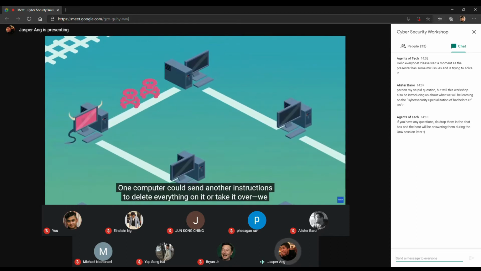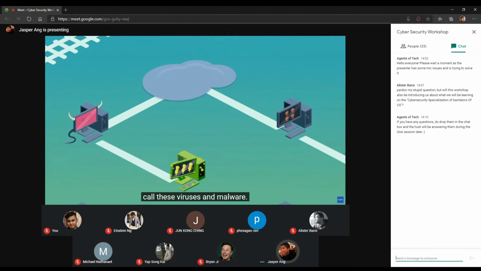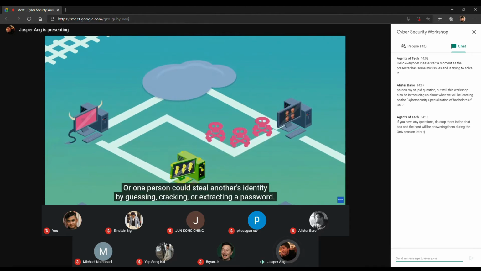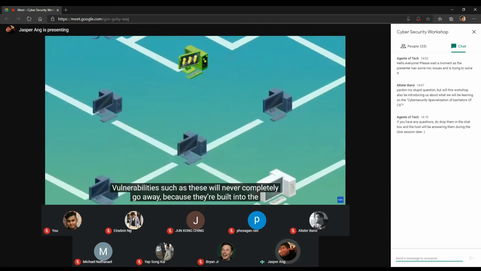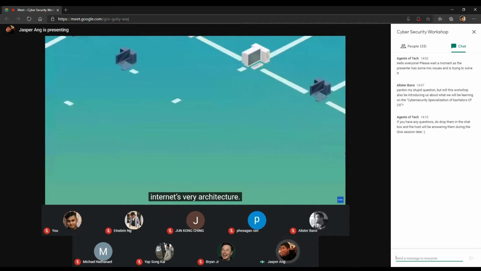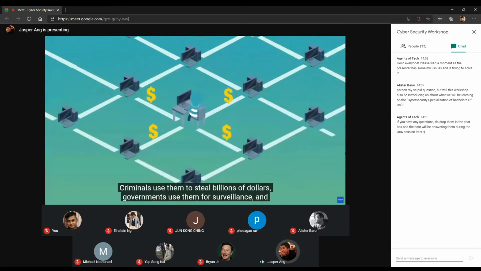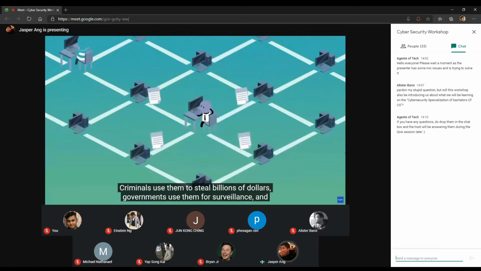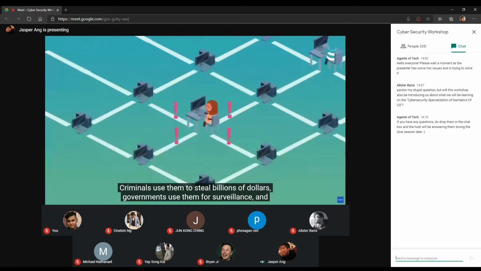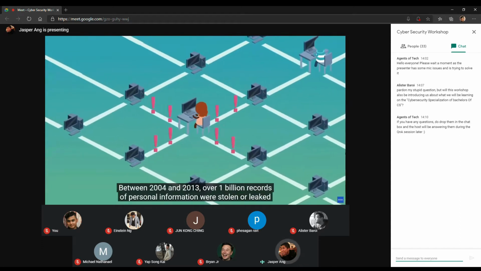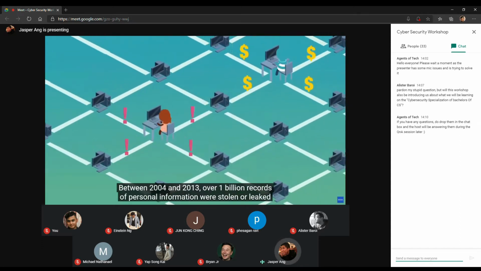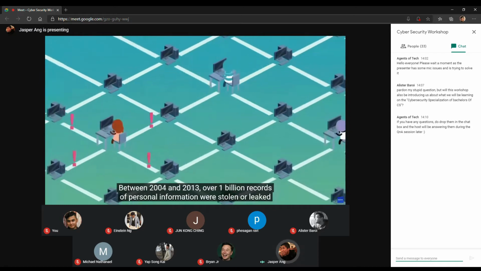One computer could send another instructions to delete everything on it or take it over. We call these viruses and malware. Or one person could steal another's identity by guessing, cracking, or extracting a password. Vulnerabilities such as these will never completely go away because they're built into the internet's very architecture. Criminals use them to steal billions of dollars, governments use them for surveillance, and hacktivists use them to further their political goals. Between 2004 and 2013, over 1 billion records of personal information were stolen or leaked through data breaches